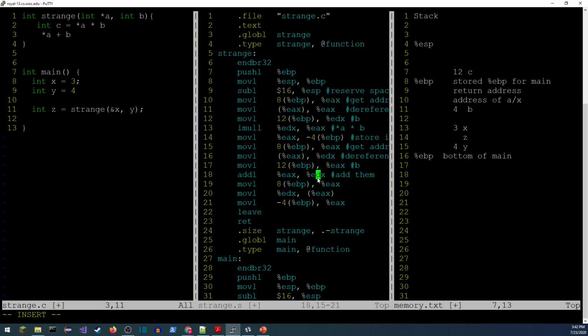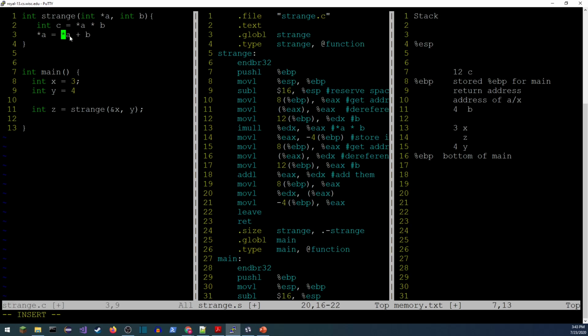It looks like we stored the result of the addition in D, and we're going to go get A, let's see, that was 4, 8. That's that address again. So I'm getting the address, and again here, the parentheses around a register means go to that memory location and do something with it. In this case, we're moving D into that position. EDX, D was the result of that addition, and it looks like we're storing it in that memory. So that's going to be dereference A gets the result of that computation.